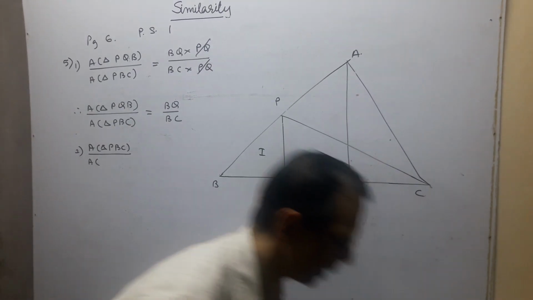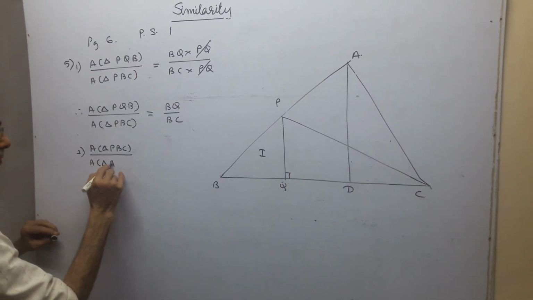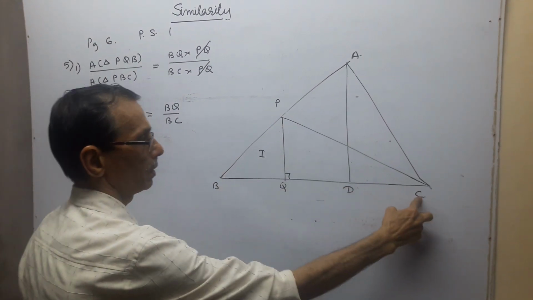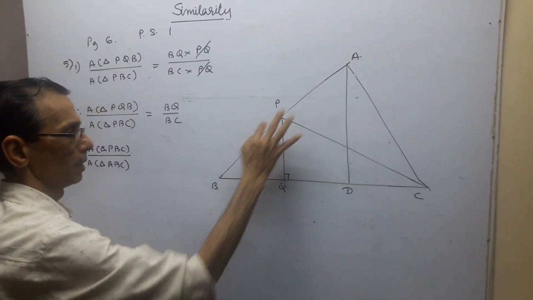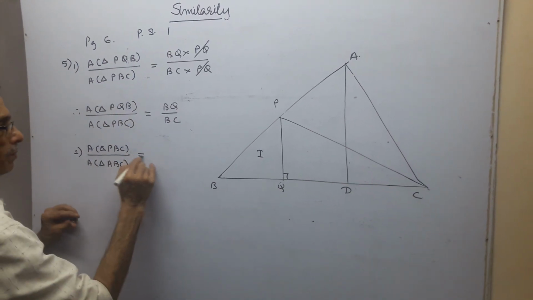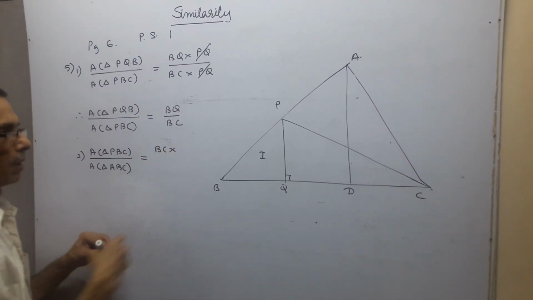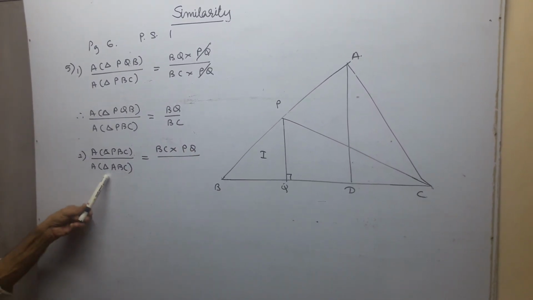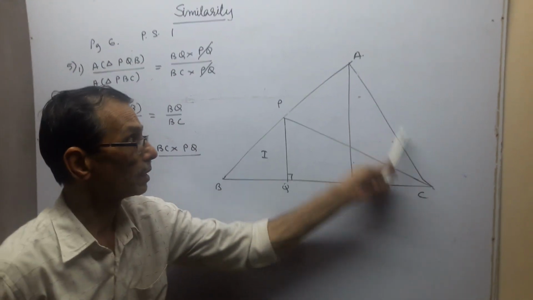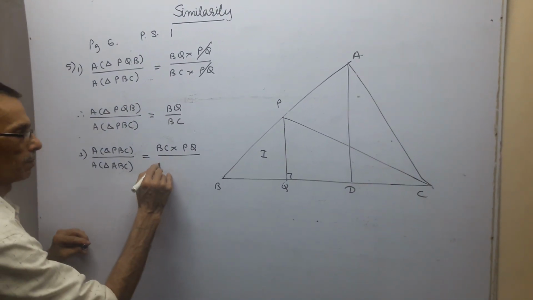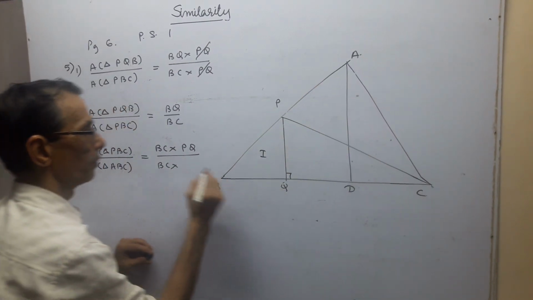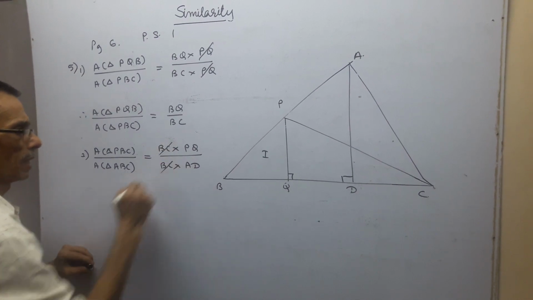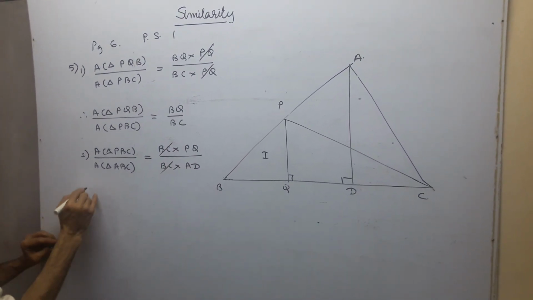Upon area of triangle ABC. Again PBC, so this big triangle PBC, BC is the base and PQ is the height. Now area of triangle ABC, again you find BC is the base and AD is the height. So here BC will get cancelled, because the base is equal, and therefore area of